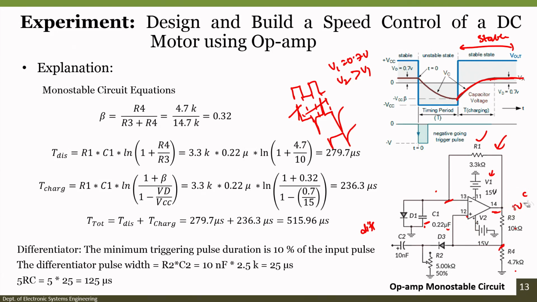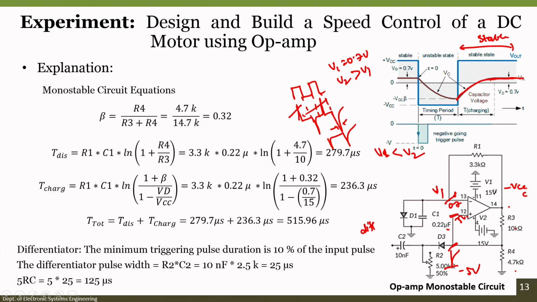Since it is not possible, what we can do is provide a negative triggering pulse at the V2 terminal. Since it is a negative, smaller duration triggering pulse, this particular voltage at that moment will be smaller than V1. Say this is minus 5 volt, while this is 0.7, for a particular duration. As a result, the output goes to the minus VCC state now.